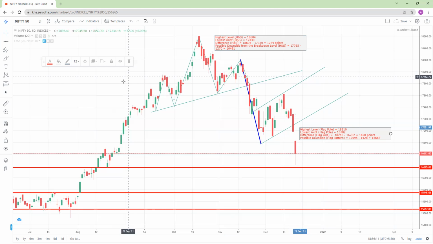Just to make you learn how to analyze charts and how to use these charts for technical analysis, we will be discussing two important patterns that were formed in Nifty 50 charts. Today we will be explaining how these charts worked, where we failed as analysts, and all these things we will be discussing today.